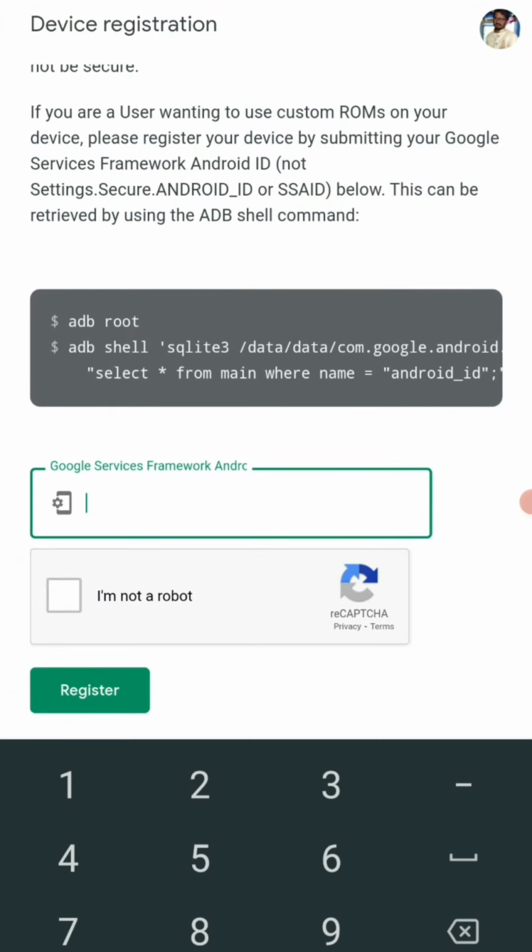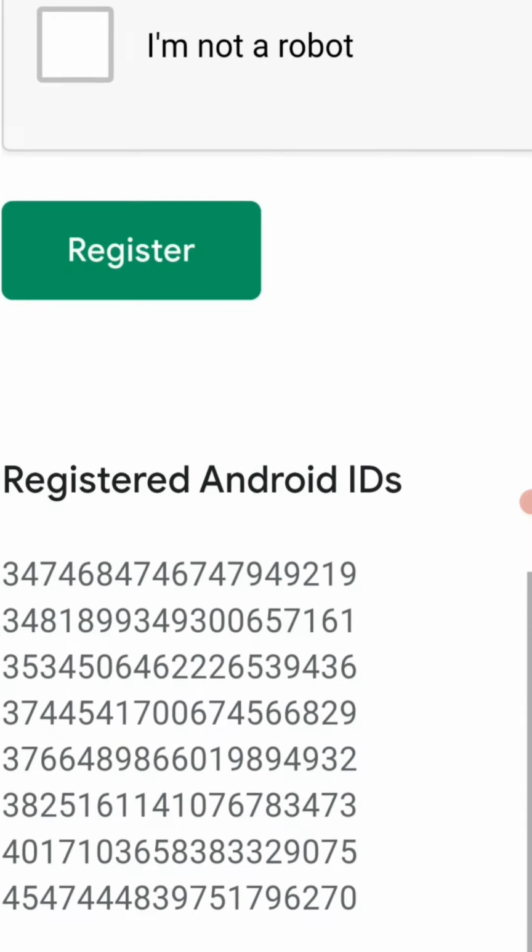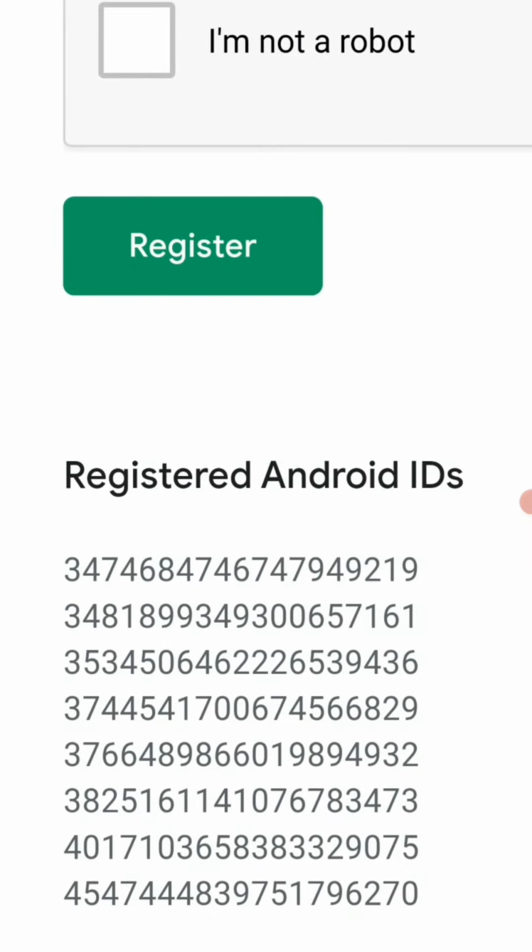If I paste it here, it will show a red box because my device already has Play services, so it is showing like that. If you don't have Play services, you will get a normal green box. So here is the proof. I have tried it on many devices, maybe 10 different devices.